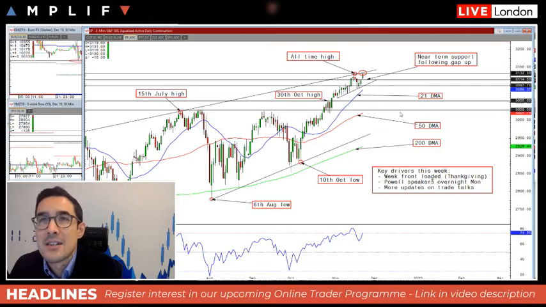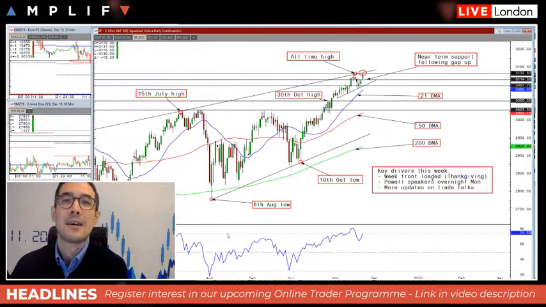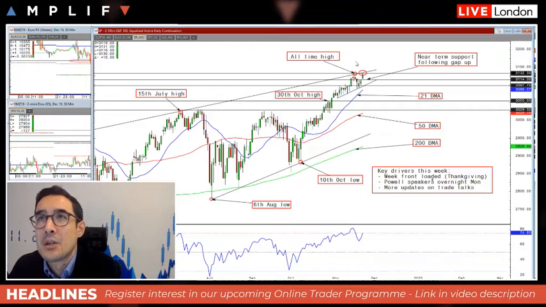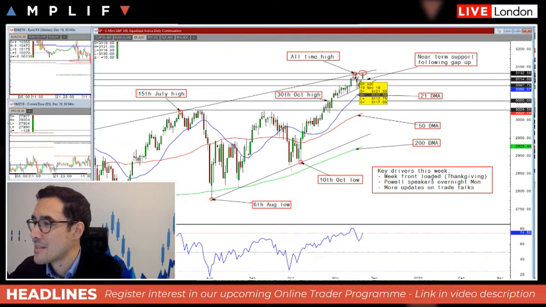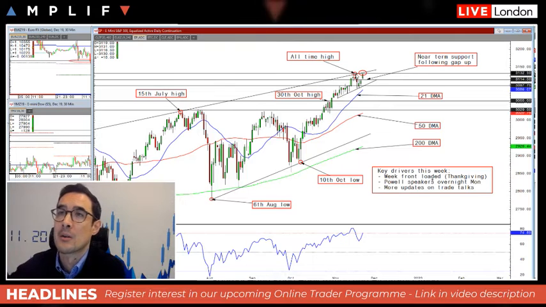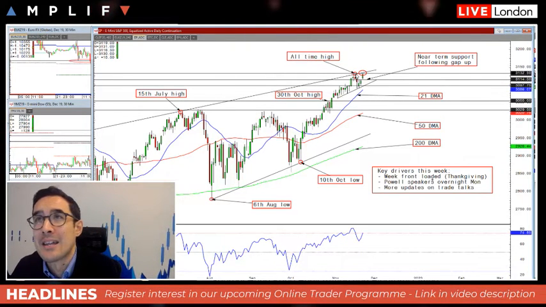So here's a graphic of the S&P 500 over the course of, well, this is going back to the early part of the summer. And you can see this is where we're at the moment. We're right up there, just a whisker away from all-time record highs, and a combination of different things really from a broader long term. I mean, this is a higher time frame chart. I'm looking at a daily continuation here.